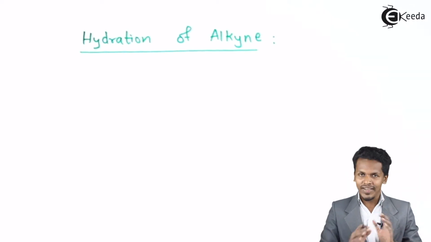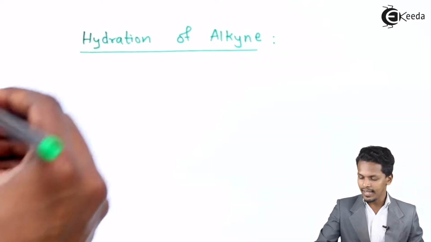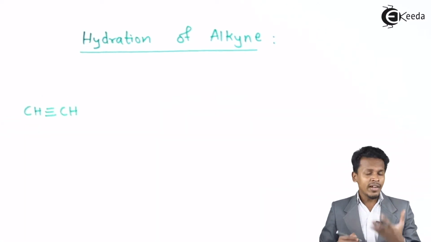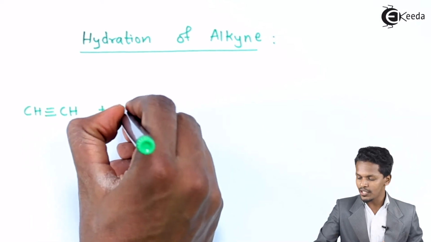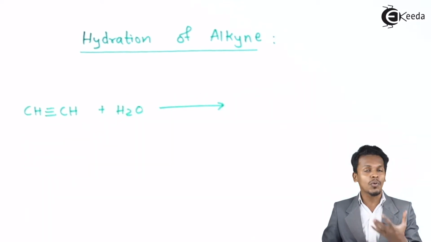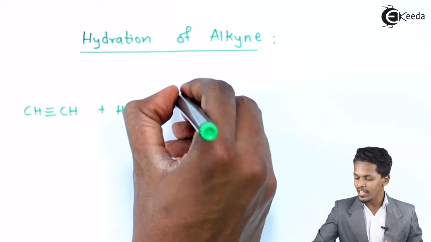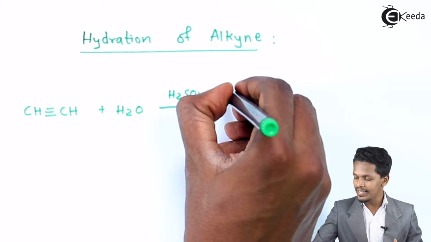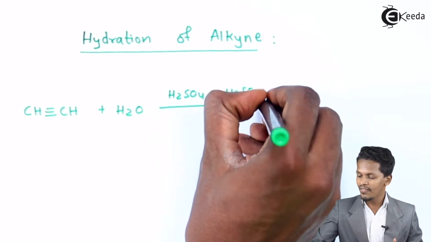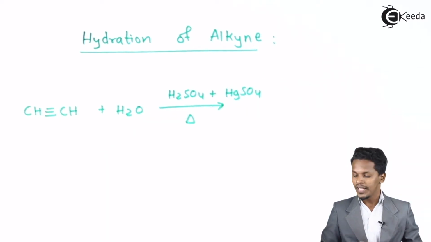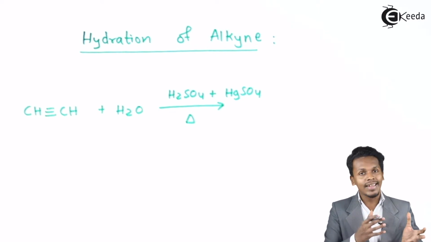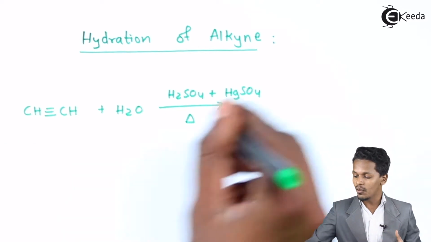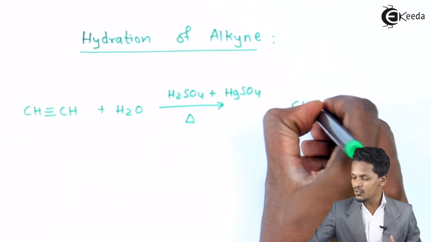The hydration of an alkyne is a very simple process. Suppose we consider an alkyne, that is ethyne. On hydrolysis, that is on reaction with water, but this reaction is only possible in the presence of H2SO4, sulfuric acid, along with mercury sulfate, HgSO4. And we have to apply a certain temperature for that also. In this reaction, whenever an alkyne reacts with water, it will form a vinyl alcohol, and that vinyl alcohol can be written here as CH2 double bond